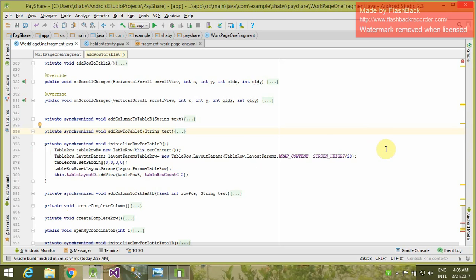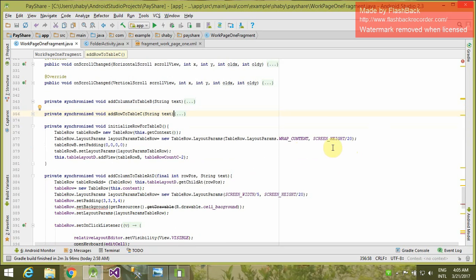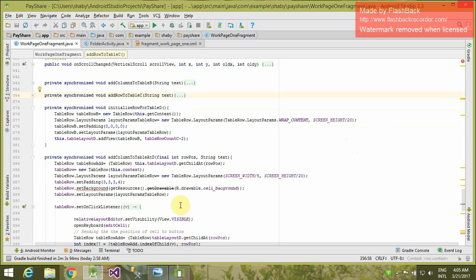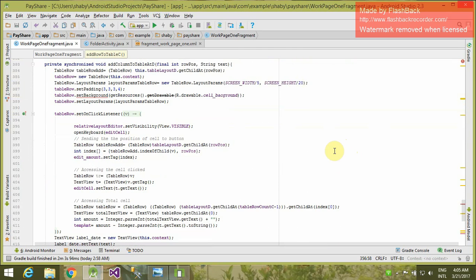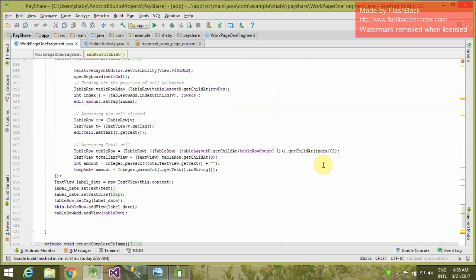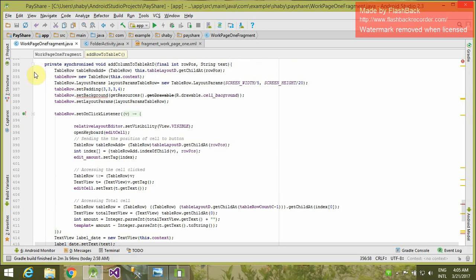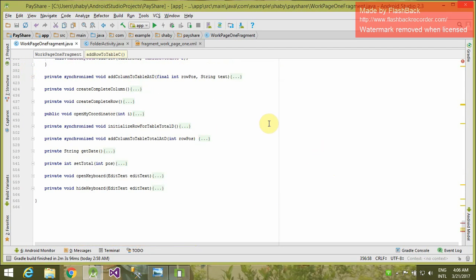And to add columns to table D, we can use this function, created by me. These are all the necessary functions required to create a dynamic table layout. You can arrange all these functions in many different ways so that you can get the desired view.